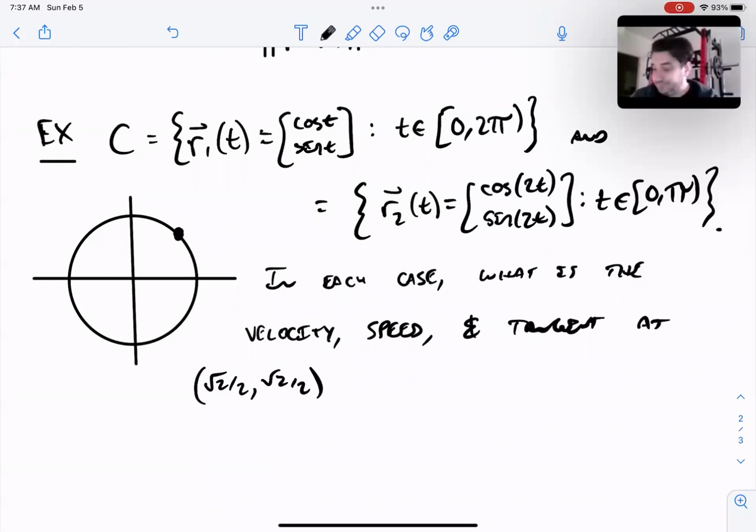So right at that point, I would ask, what is the velocity, what is the speed, and what is the tangent, right? So here's the idea,